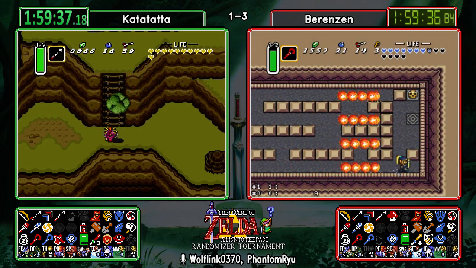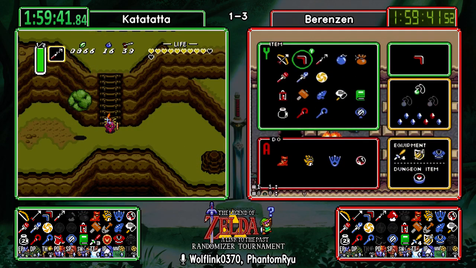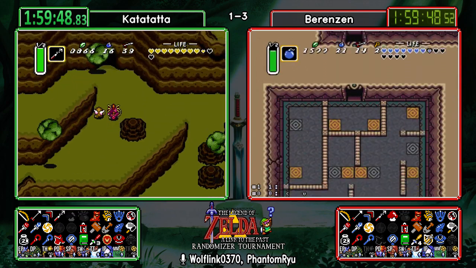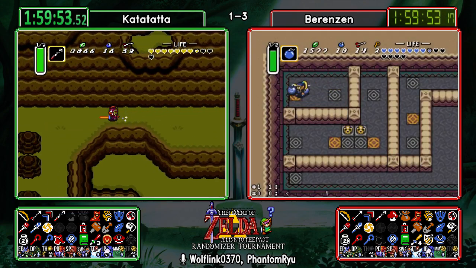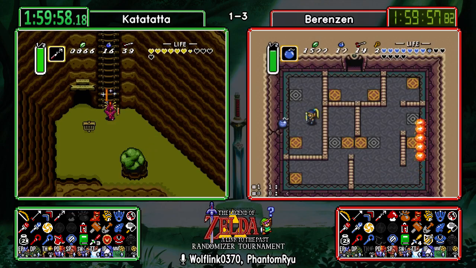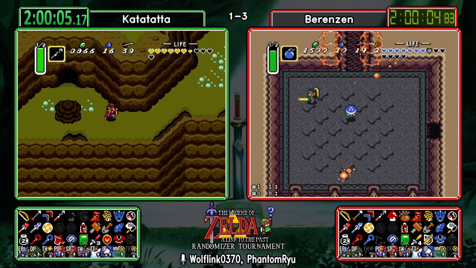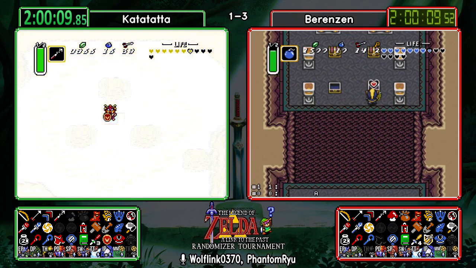As Katatatta heads up the mountain to head to Ganon's Tower. All right, Fire Snake Room, chest number 9. It is 20 rupees. Big 20. And dropping some bombs of frustration here. I don't blame him at all. Yeah, for Katatatta now with all of the pendants and crystals in tow, we'll be heading up to fight, go to GT. 10, 11,